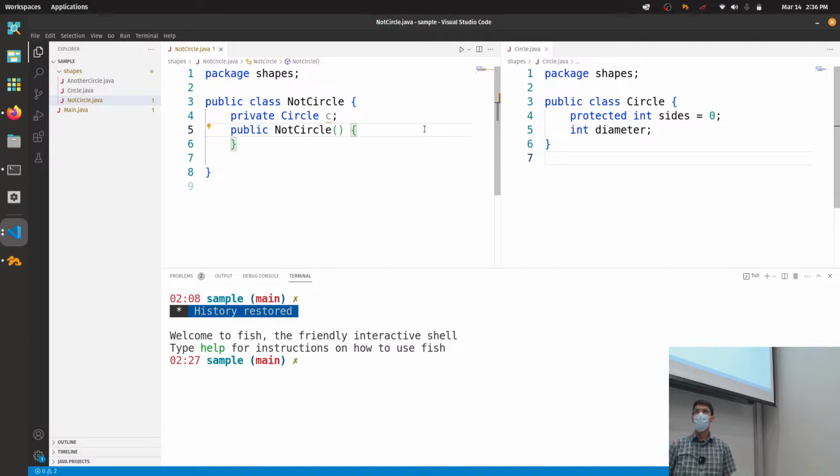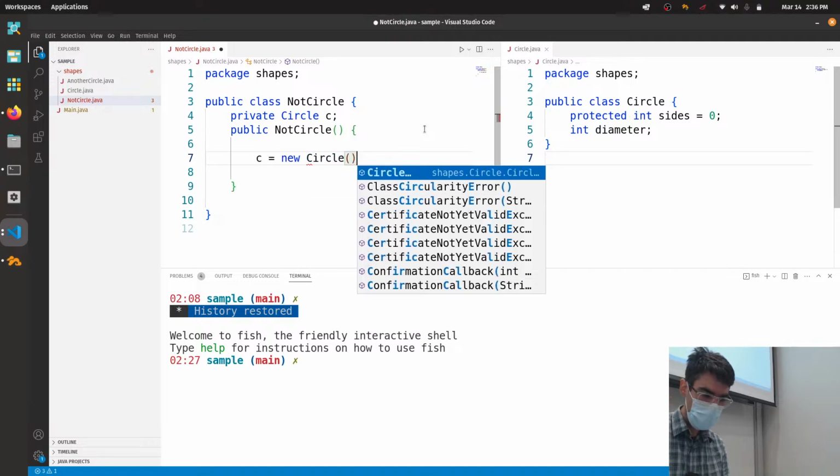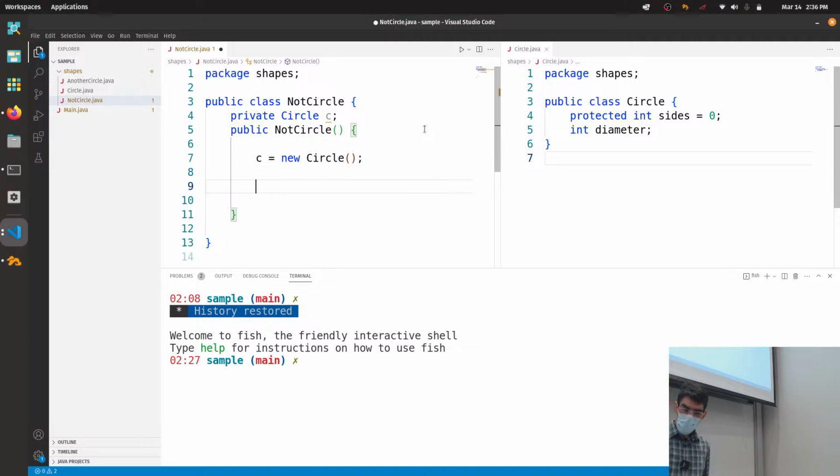That is indeed true. However, protected is an access modifier that is accessible to other classes in the package that share a package with the class that has the protected modifier. So we've got this class, not circle. It does not extend circle. I can have an instance of circle in this class, and I'm going to say C is equal to new circle. And what I can do, because I am in the same package as this class, is I can say C.sides